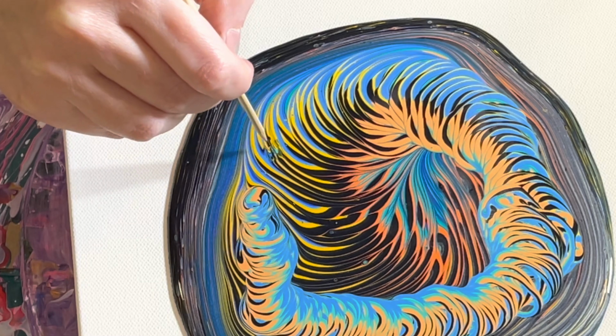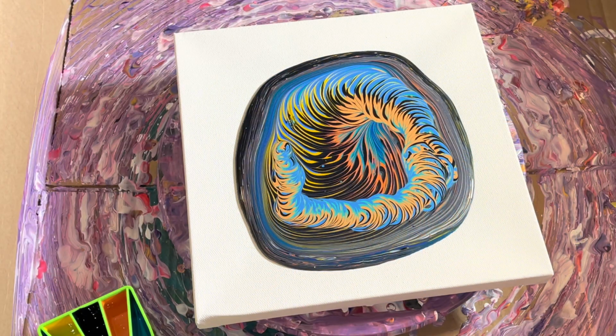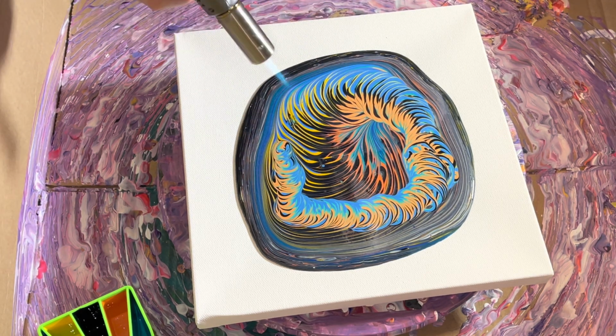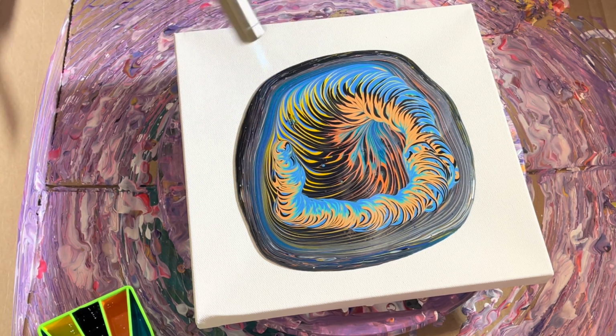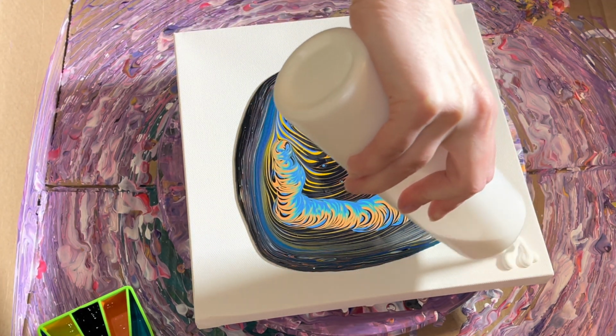This part is messed up. But it's a lot better than what I normally do. I'm liking the colors. I'm liking the dark next to the light. Let's torch and pop some bubbles. And let me put some white around and then decide if I want to